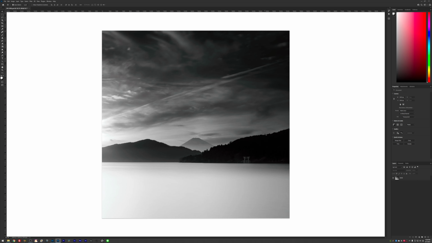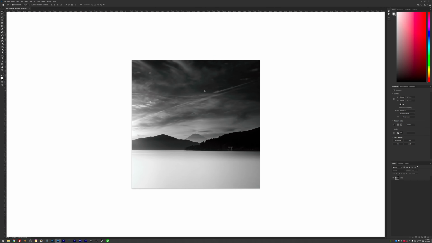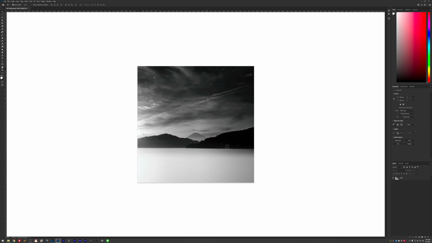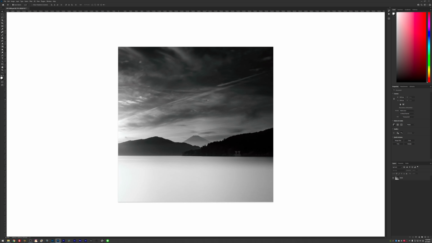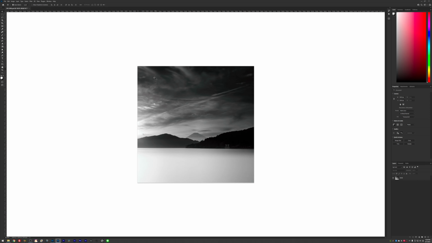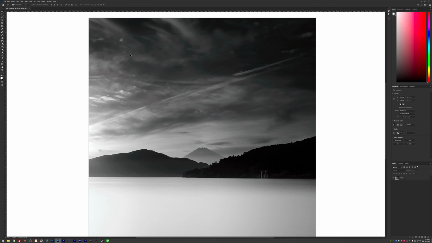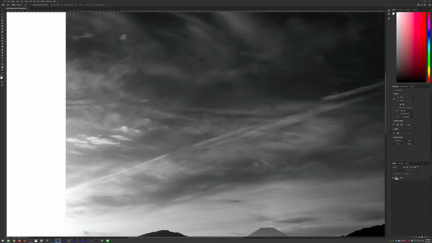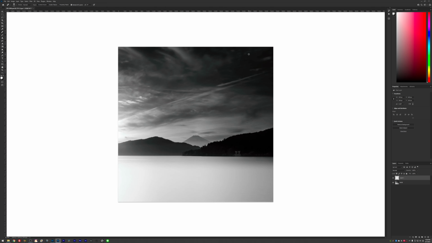So the first thing that I want to do, and if you look at this image by zooming out and zooming in, maybe for you it's different, but for me, the only thing my eyes go to is this really annoying small white cloud. So the first thing that I'm going to do is I'm going to delete this cloud. So I'm going to create a new layer and select my spot healing brush by hitting J on my keyboard. Make sure that I can sample all layers, make it slightly bigger, and I'm going to just try and delete this thing. Perfect.